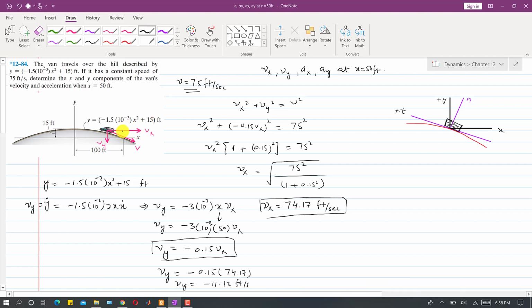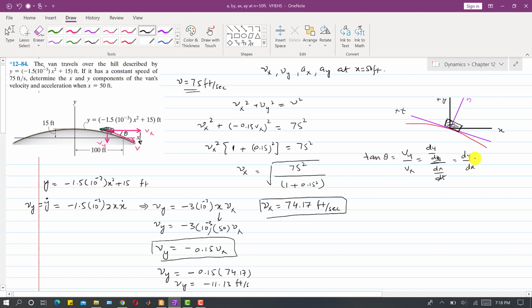Now if you want to find the angle of this v with the positive x-axis, so if you want to find this theta, we can draw a triangle here, or we can draw this Vy here as well. Then we can apply tan theta. So tan theta will be equal to Vy divided by Vx, or in other words we can write Vy as dy by dt, and Vx as dx by dt. So dt will cancel out, so this will be equal to dy by dx.